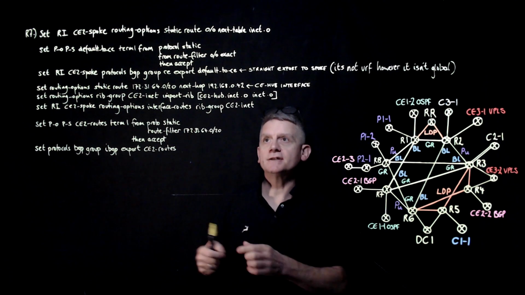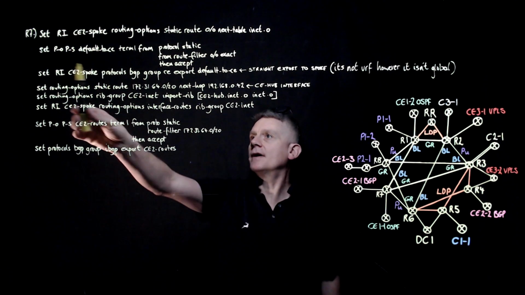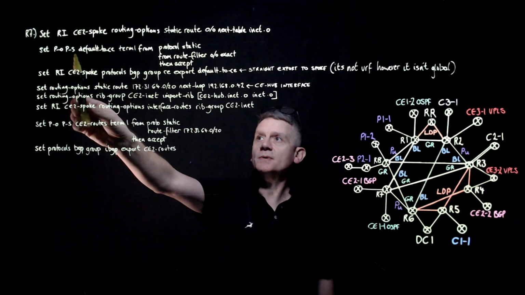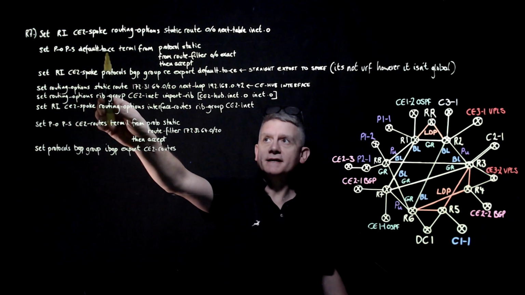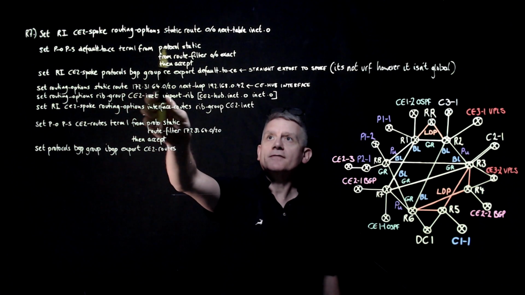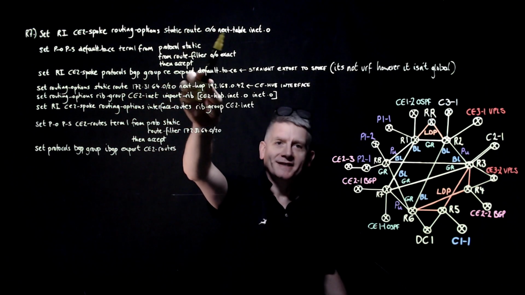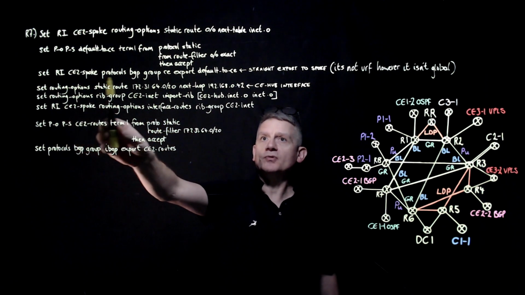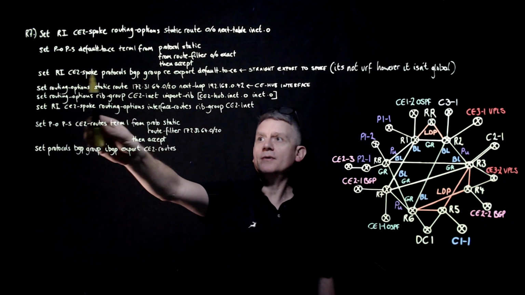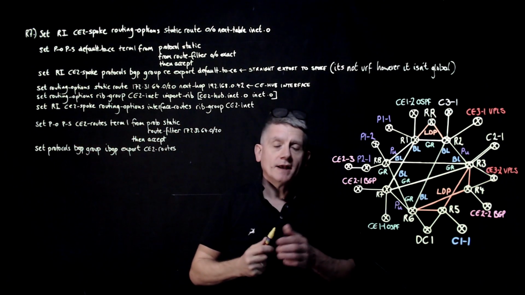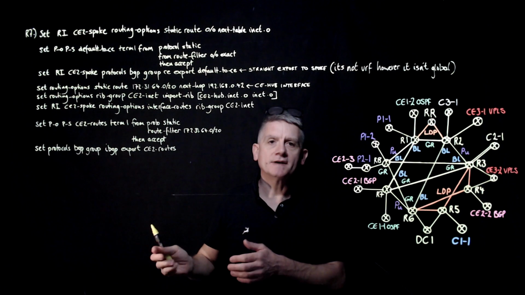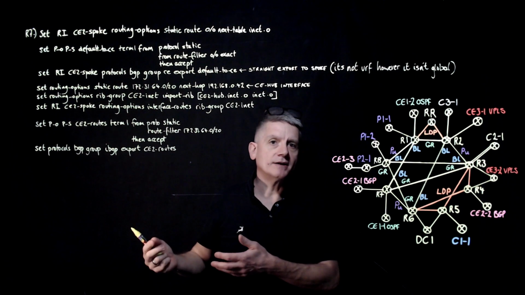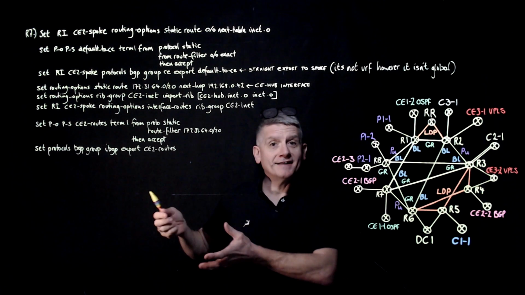So the best thing to do is to have a policy statement. So set policy-options policy-statement, we're going to call it default-to-the-CE. And we've got a term here from the static which we've created with the unusual next-table. And we're going to grab that route, accept it, and export it out to the spoke interface. And because we're exporting it to the spoke interface, it's going to learn that route,